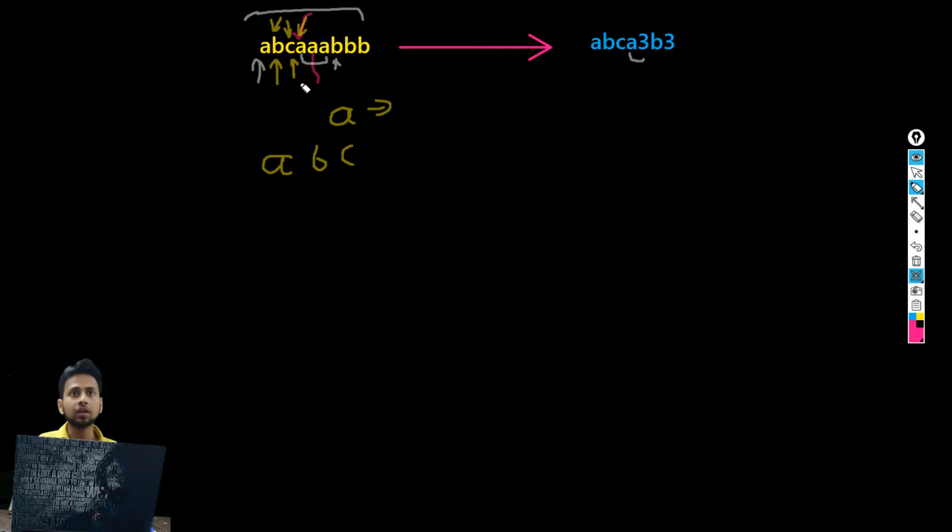Now we are going to check if I and j are equal, like if the element at position I is equal to the element at position j, then we just need to increment this j pointer. So j from here is going to increase to this a, and again we are going to check if both are equal, then again we simply increment our count. So first we incremented our count and it became 2.